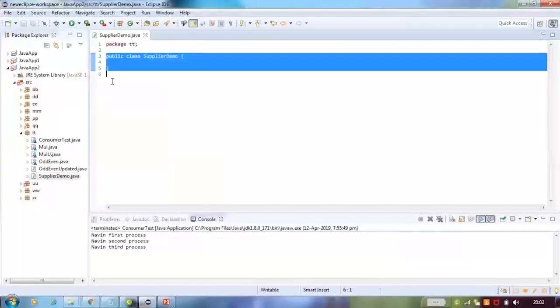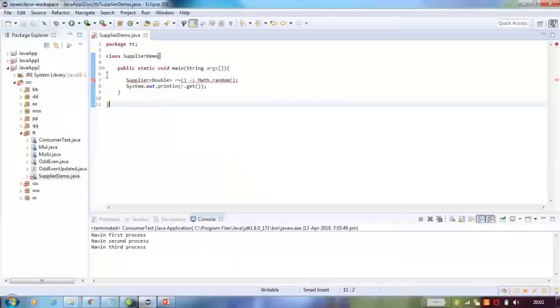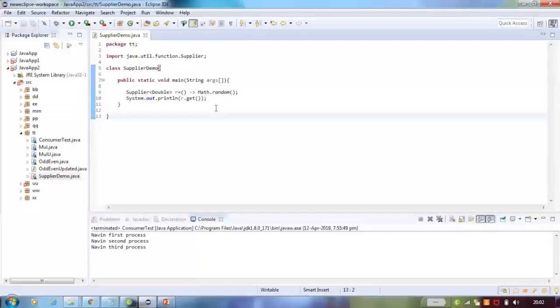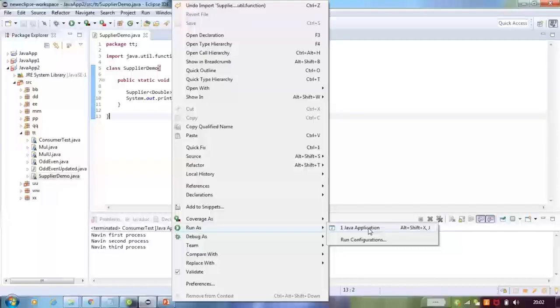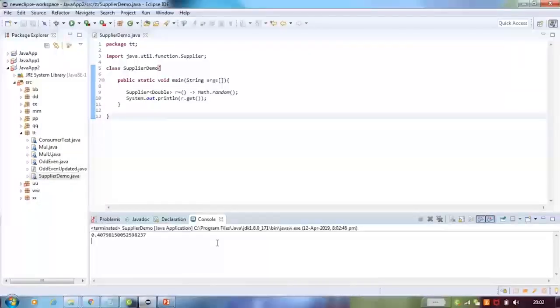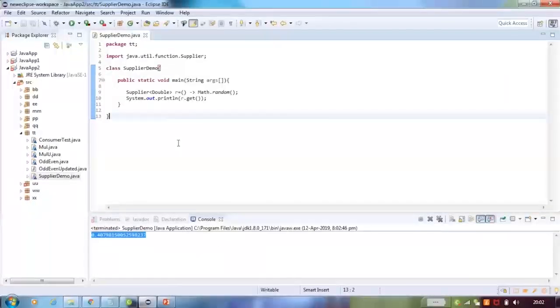Control V. Save. Take this supplier and it should work. Right click, run as Java application. Yes, it's working, right? So this is the scenario in which we should go for supplier